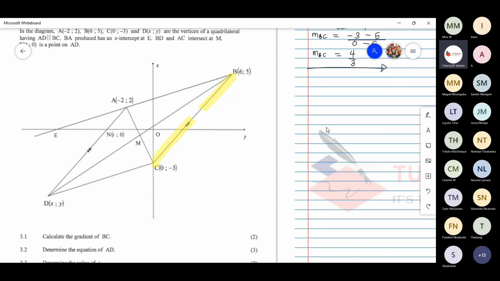Hi, sir. Will it just be 4/3 or 4/3 units? Okay, so gradient, you don't need to put a unit. If you want to specify units, write the word units. You can if you want to, but technically you don't have to. Remember, gradient is just basically a ratio. It refers to